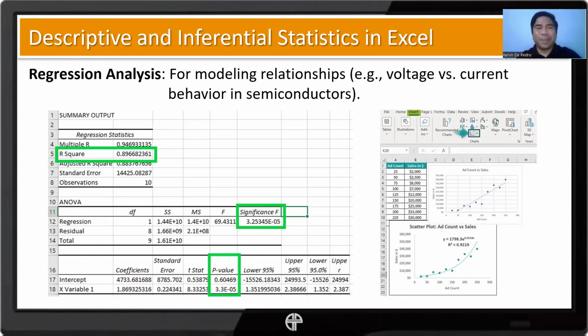So, for example, in this one, we have 0.8966. That means our regression model, or the factors that we consider in our regression model, covers only 89.66% of the corresponding predicted output for our dependent variable.